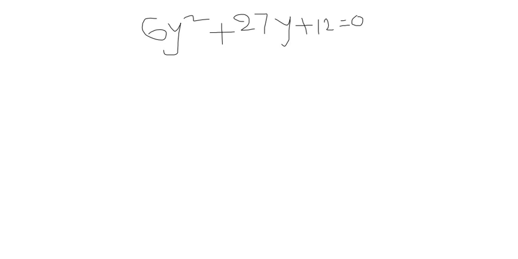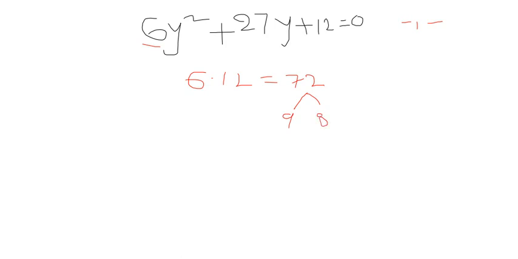The first step is what? Both are plus, so your answer should be both are negative. Yes or no? Both answers are negative. Step number 2: the y square coefficient is how much? 6, and here is how much? 12. 6 times 12 is 72, and write the factors of 72. In my mind I get that 9 times 8 is 72. That is the first step.